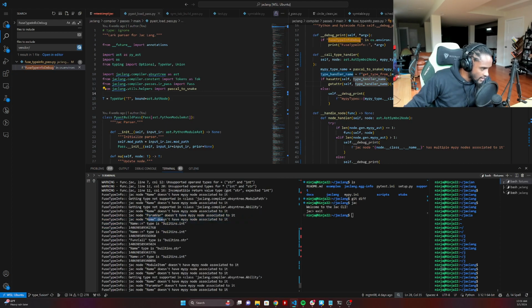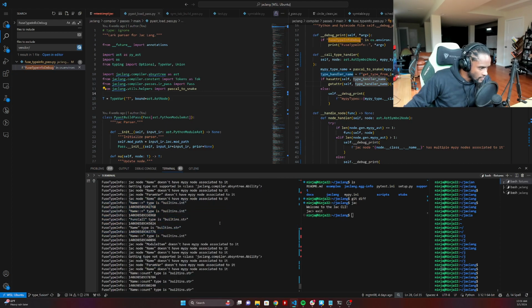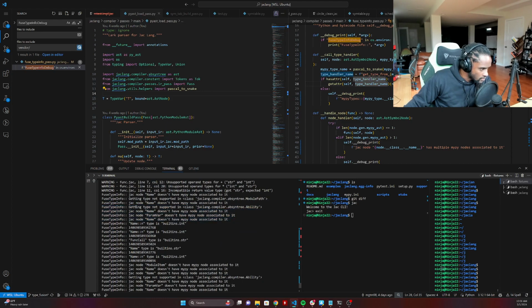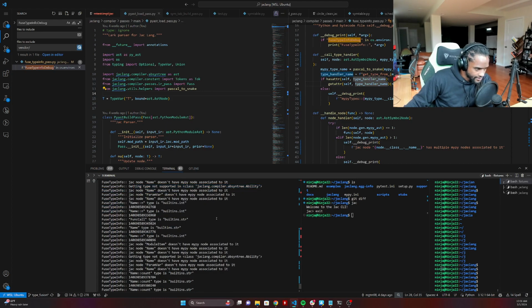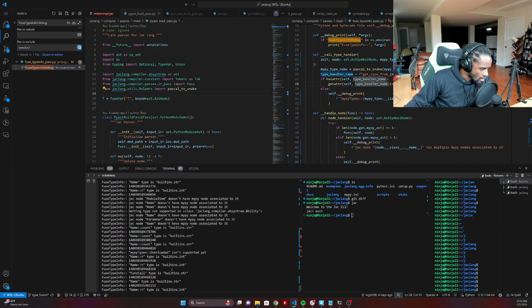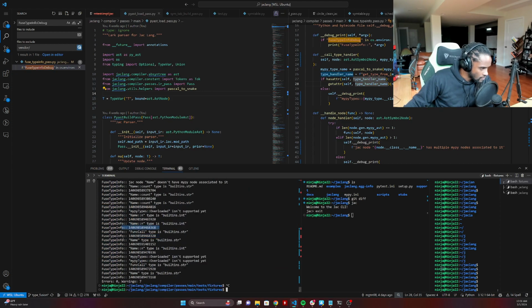Like the AST nodes, and there are some issues in there. So I need to fix these issues. But the main issue for me: do you see the numbers being printed? These numbers are the IDs of the nodes that I add types to. So if you call jac tool ir ast, and then the file name,